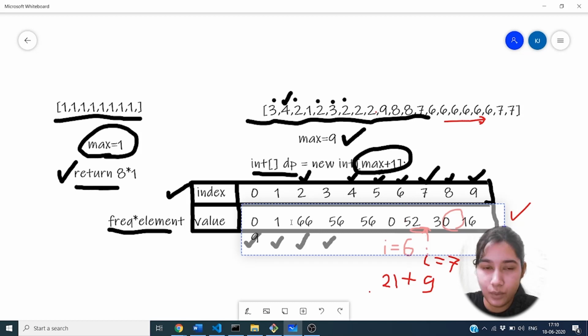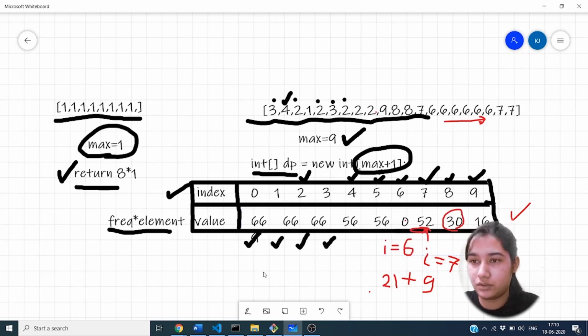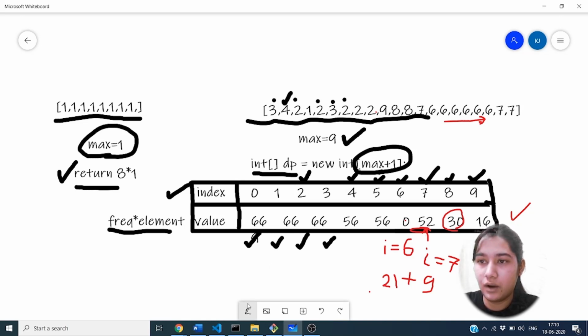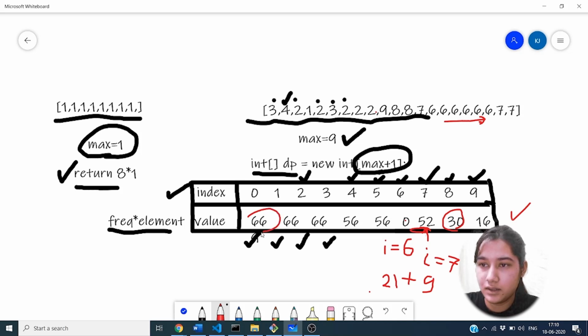Now 56 plus 1, that is 57, is smaller than 66, so the value is 66. Now 66 plus 0 is greater than or equal to 66, so the value is 66. Now our required value is stored at index 0, so we just have to return this value.